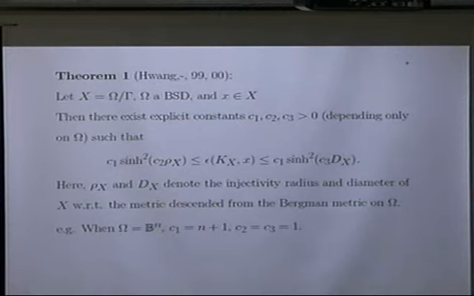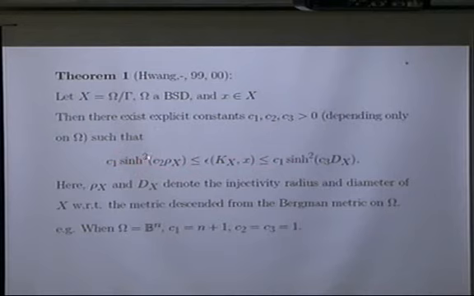Some years ago, Huang and I generalized a result of Lazarsfeld, which treated the case of ample line bundles over abelian varieties. Using Lazarsfeld's approach, we considered the case of quotients of bounded symmetric domains. Here we let X equal Omega mod Gamma be a quotient of a bounded symmetric domain. Then one can find explicit constants C1, C2, and C3, depending on Omega, such that the Seshadri number of K_X at any point x is bounded below and above by